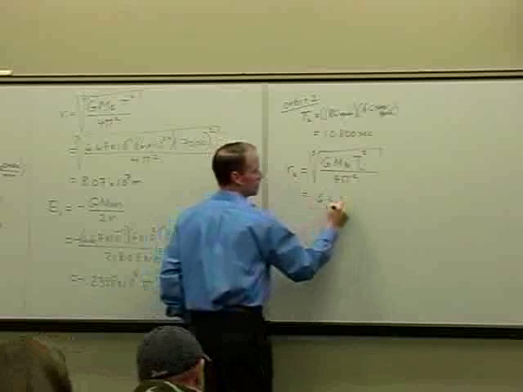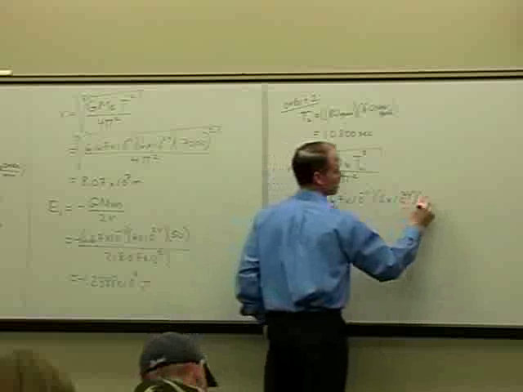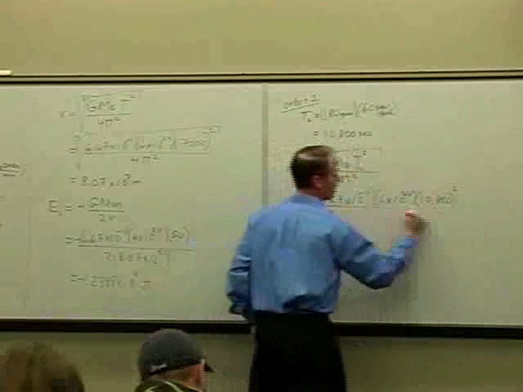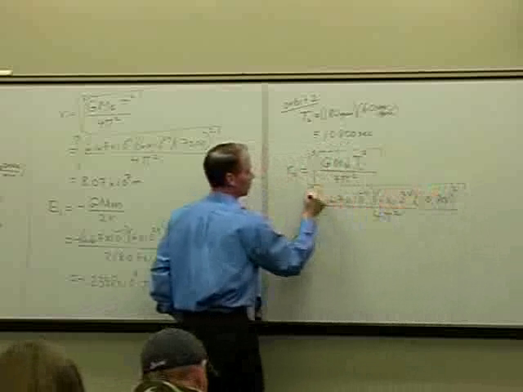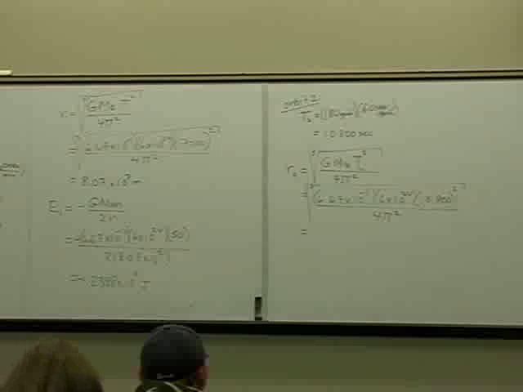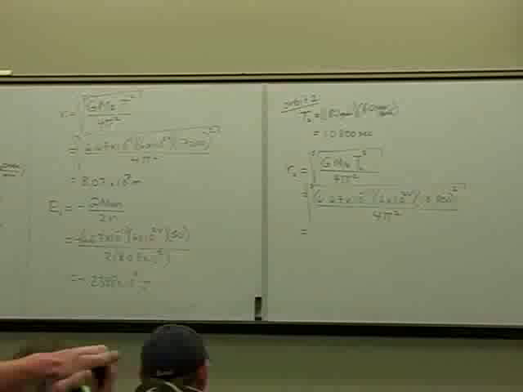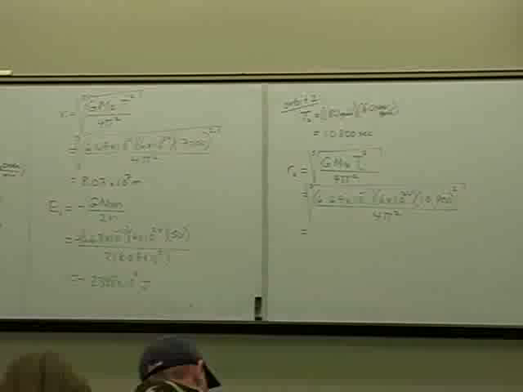That's going to be 6.67 times 10 to the minus 11, times 6 times 10 to the 24, over 10,800 squared, over 4 pi squared, all this cube root. I got 1.057 times 10 to the